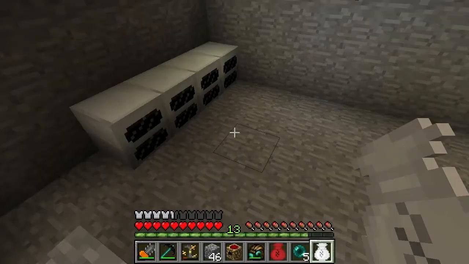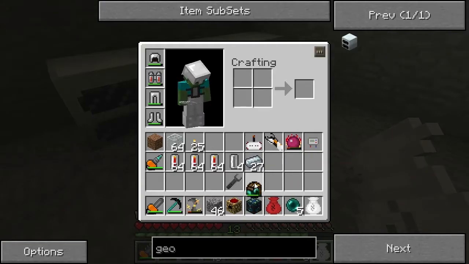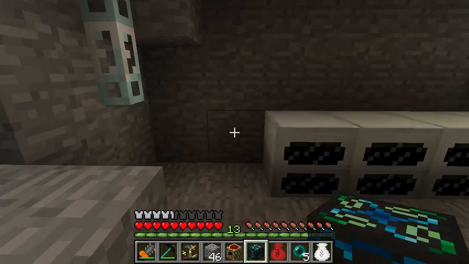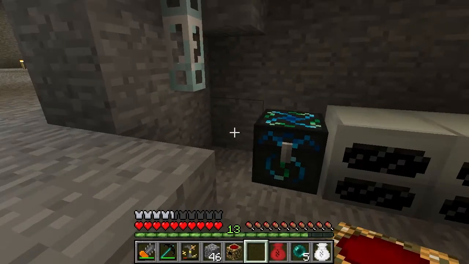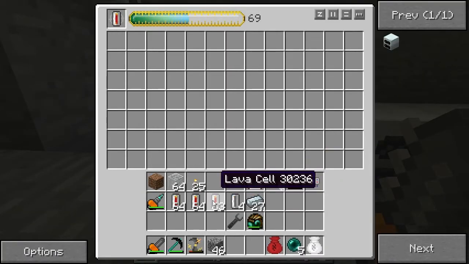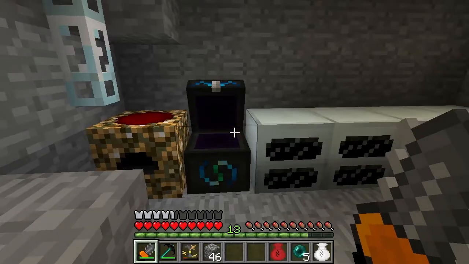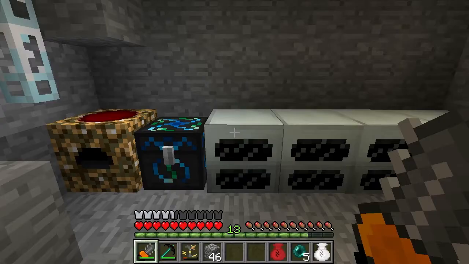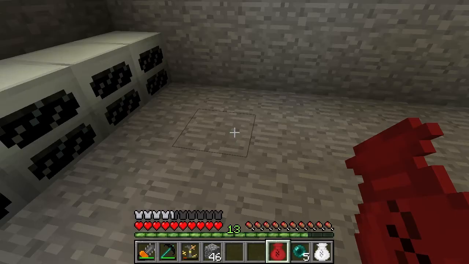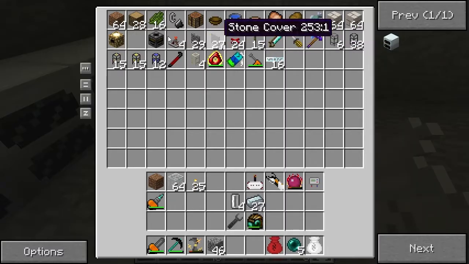Yeah, there it is. Energy condenser. Right there. We're going to put you right here. Yeah, it looks good. And you right there. Let's put our lava cells like so. Let's just get those guys cooking up for now. Alright. And now we can search into our bag here and get for ourselves...